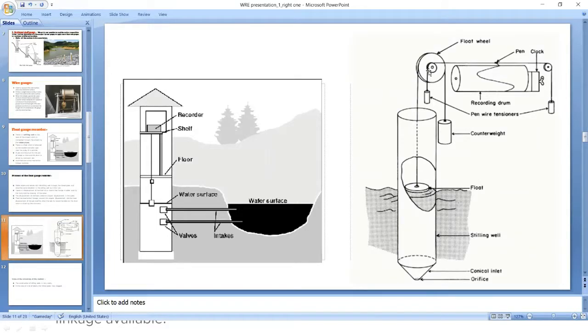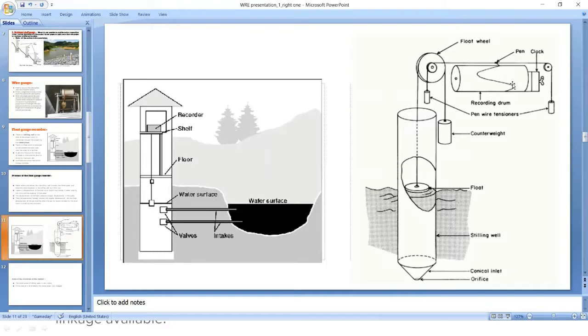So those mechanical linkages convert the angular displacement of this pulley into the linear displacement of this pen, which is used to record the data on this drum. And this drum is driven by a clockwork. One thing is that this pen traverse is continuous with automatic reversing. So when it reaches the full length of the chart, it automatically gets reversed.